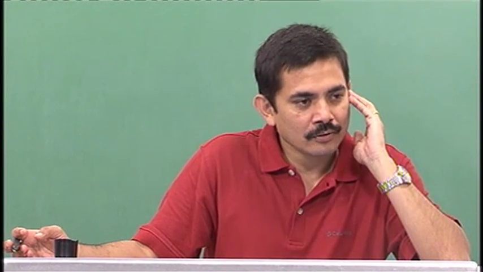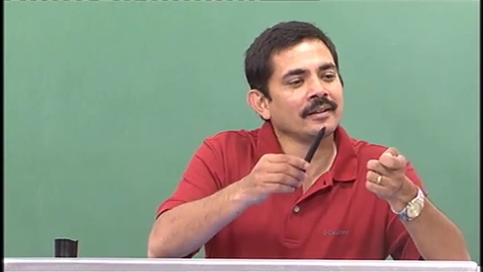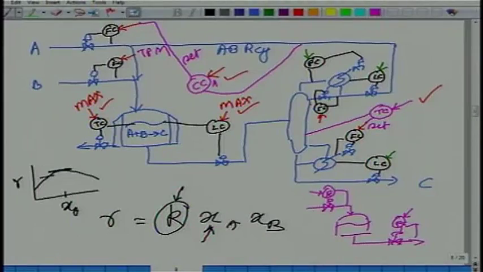Yeah, so it's essentially violating overall material balance. You are setting things independently which you cannot. Just like in the tank, you are setting two flows, it cannot be done, right? Similarly, for this process, fresh A and fresh B cannot be set independently if you are only taking out C from the process. Do you see what I am saying? So this is essentially material balance. So your control system must respect overall material balance. Alright?